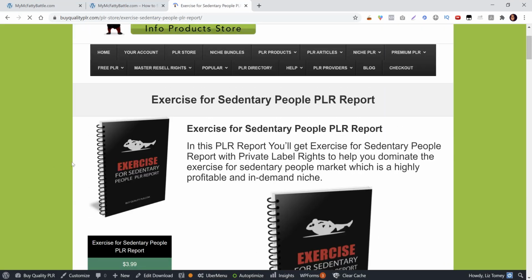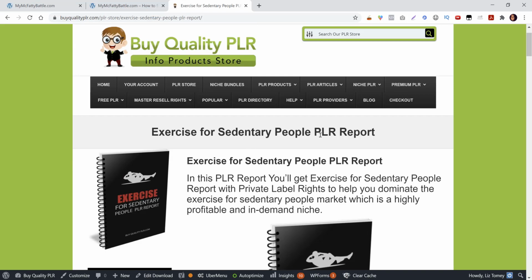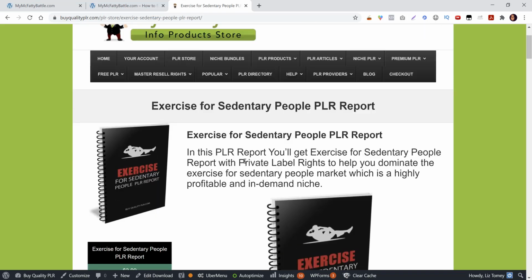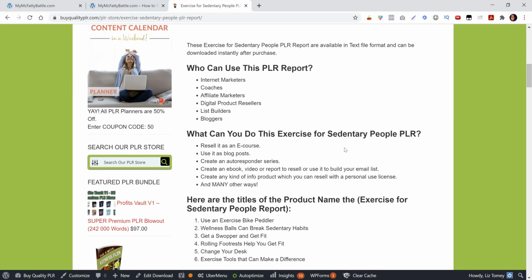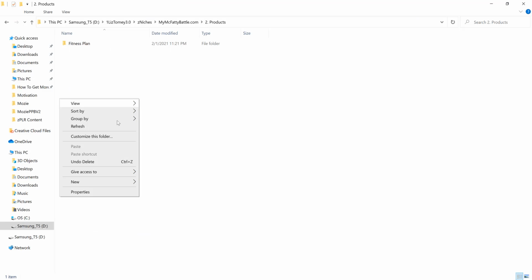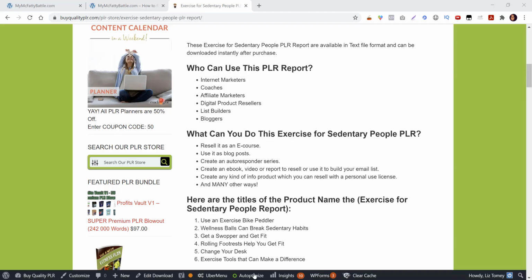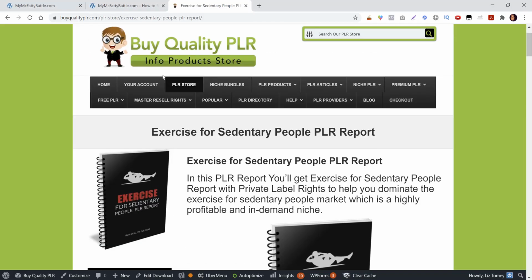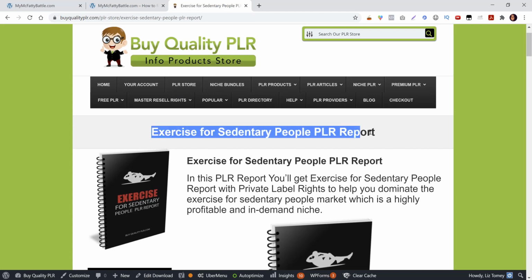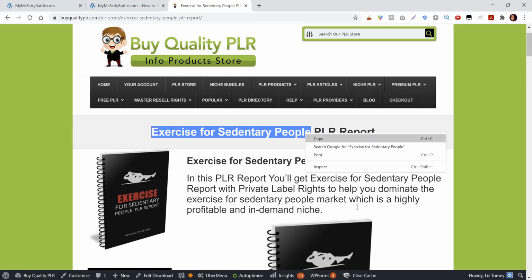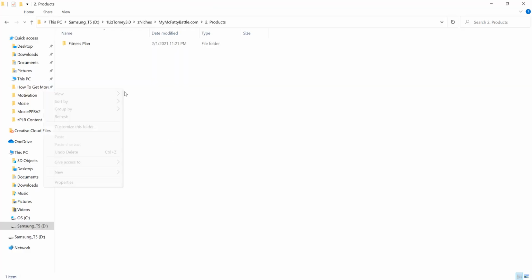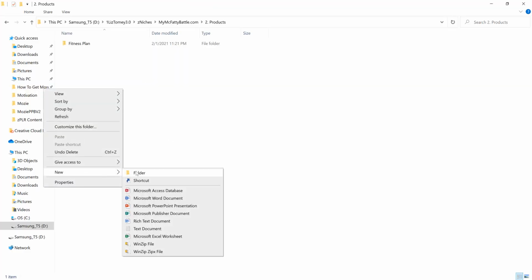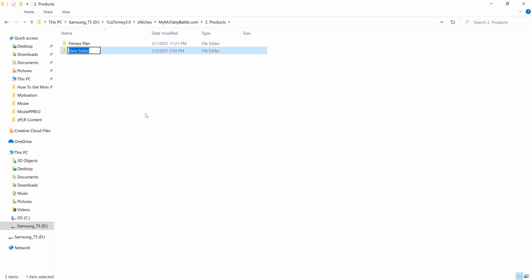So this is a little report, exercise for sedentary people. That's a big problem. This would make a great bonus, or could potentially make a great bonus. So I would buy that, and I would come into my products folder. And I'm just going to copy this name. New folder. I'm actually going to call this folder bonuses. I'm going to come into the folder,